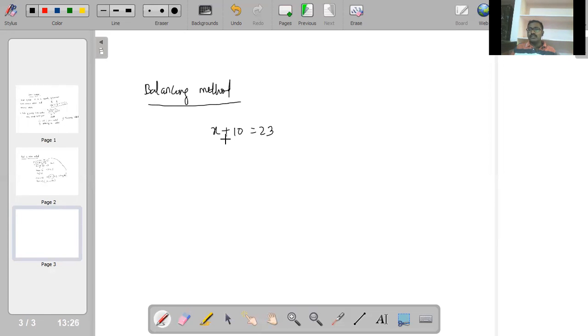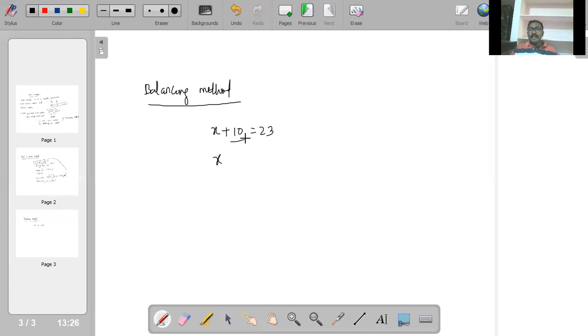First, balance by name itself means we have to balance. I think if you want to go to the shop to buy some vegetables or some groceries, what should they do? They keep a rod on one side, on the right hand side. The weight of the rod is 2 kg. The weight of the rod, 2 kg, must be equal to the weight of the grocery or vegetable. If both are equal, then that is nothing but a balancing. In the same way, in linear equations also, there is one method called the balancing method. So now to find the value of x here, to vanish this 10,